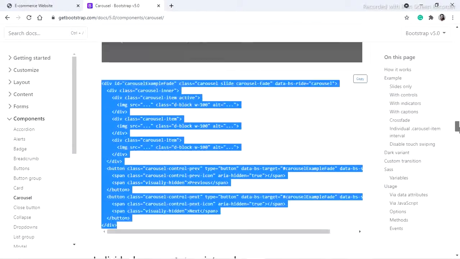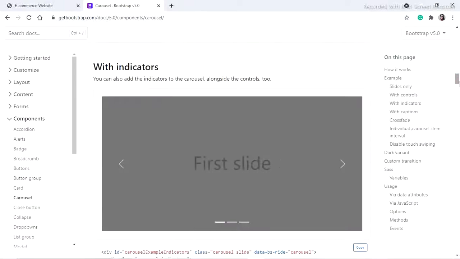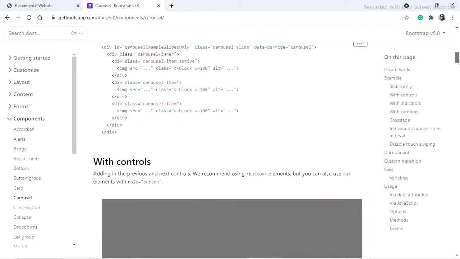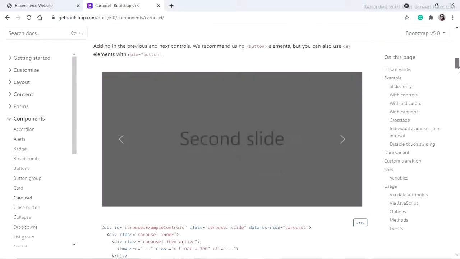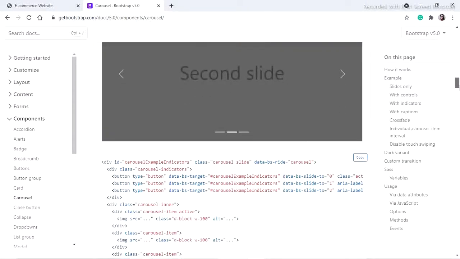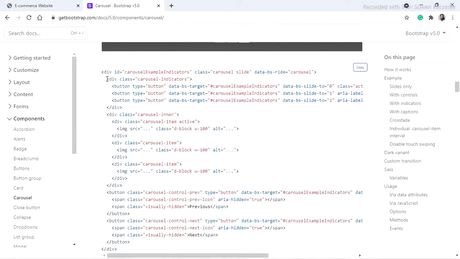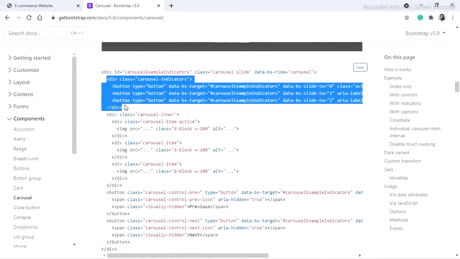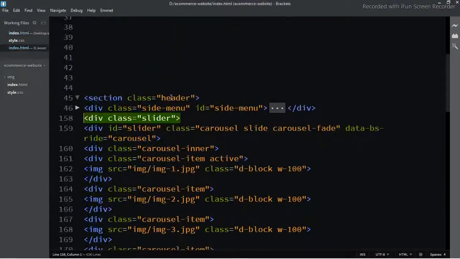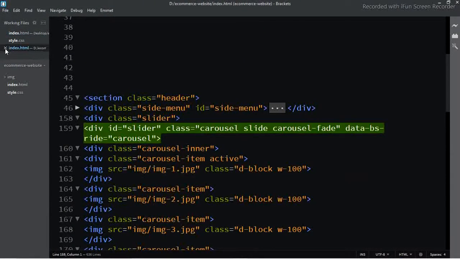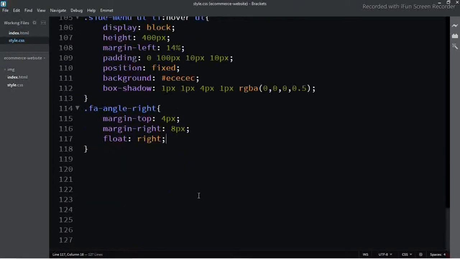On the Bootstrap website, find the indicators. Copy this, paste it into the CSS file.